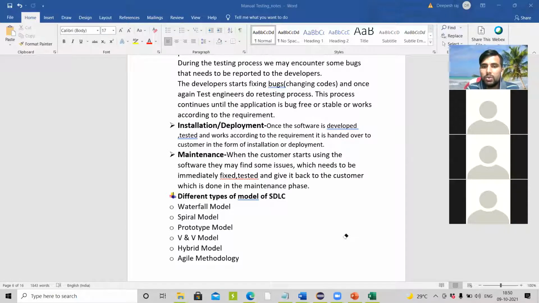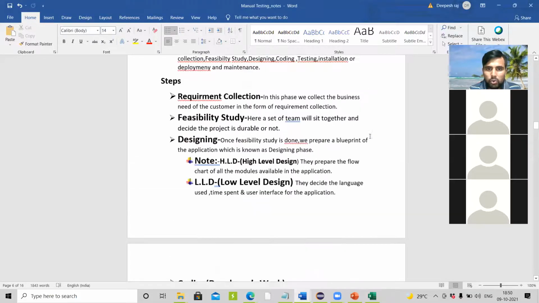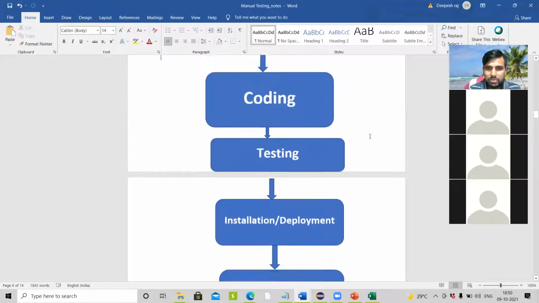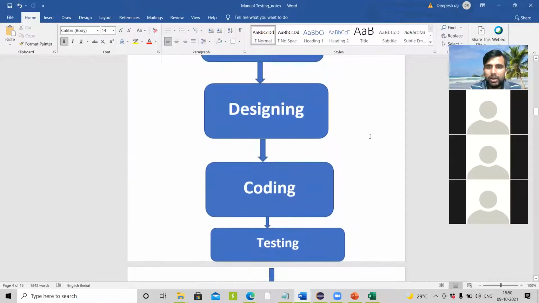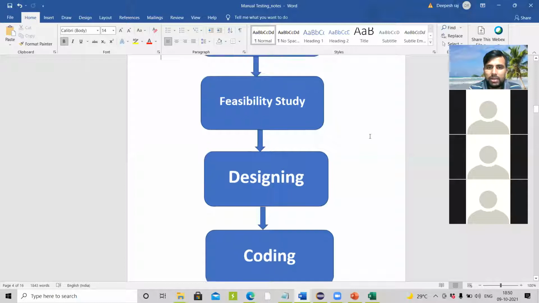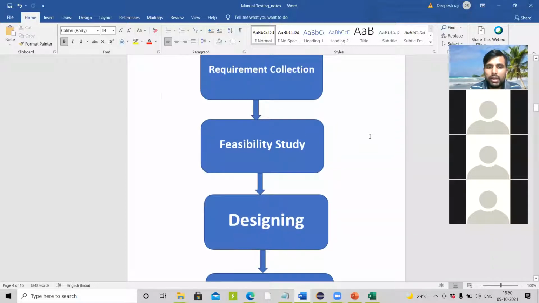Just assume, to develop the whole application, all these phases are done one by one sequentially, one step after another. How long is it going to take?